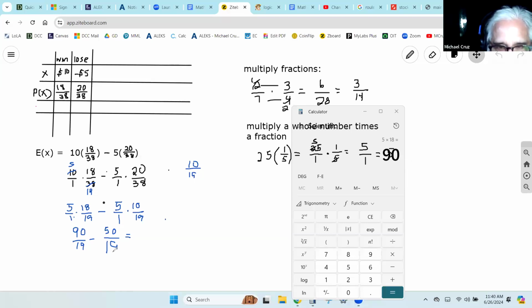Something's bothering me about this. I don't know what it is. But the process is generally right. I made this. So you win $10, you lose $5. Let me double check something that I did, that simplification, right. Oh, 180 divided by